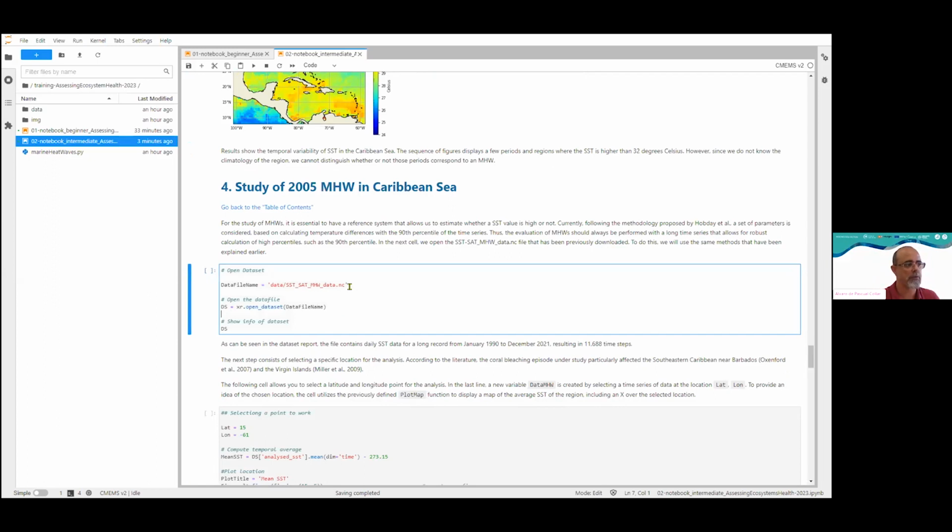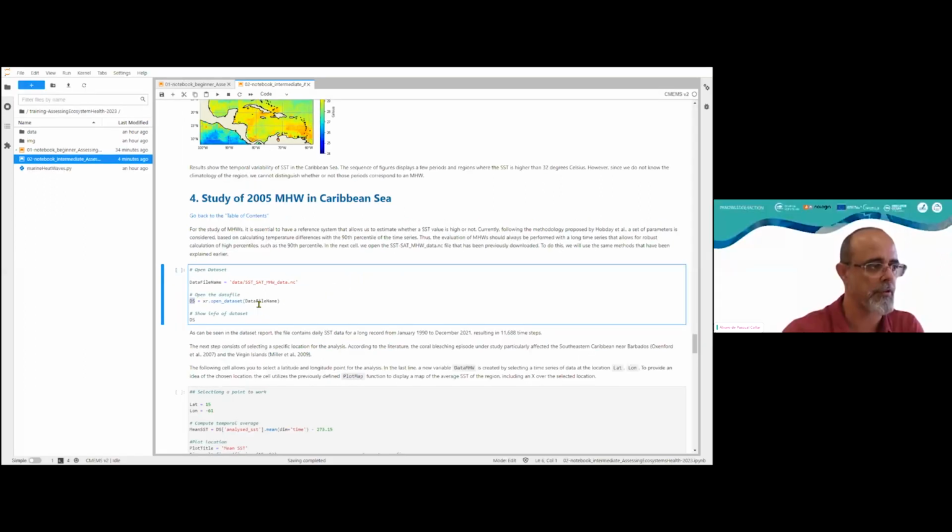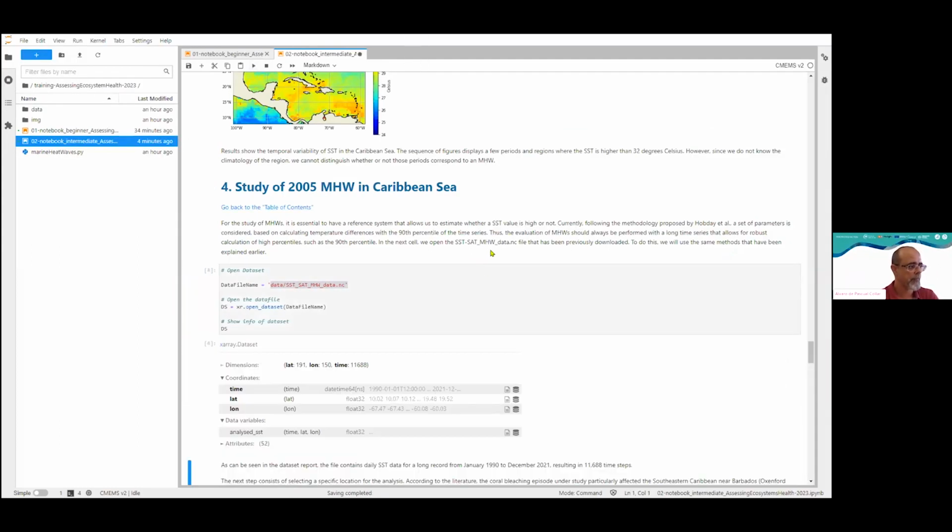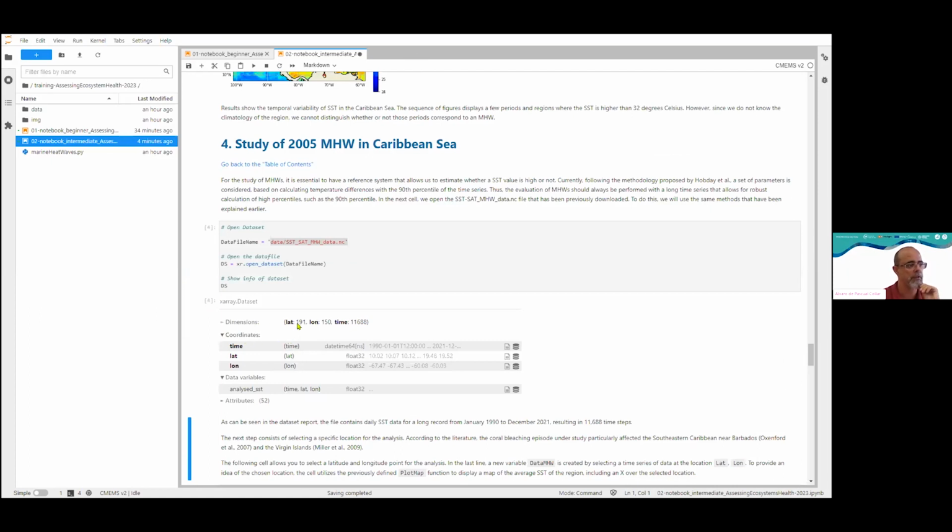To do that, we are going to open the new data file, the other data file I said before, which has a very, very long time record. This cell just opens a new data file that we will call again DS, so we are overwriting the previous DS object with this new file, right? We run this, and as you can see, we have a file with almost 200 values of latitude, more than 100 values of longitude, but